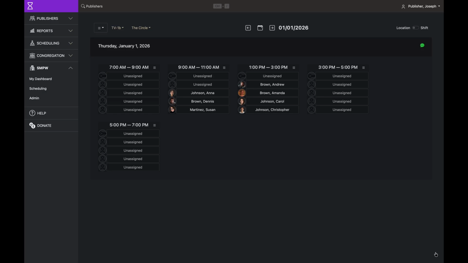Once you've gone through the entire spreadsheet and manually assigned everyone to where they need to be, now you can use the autofill function. Autofill will not touch the assignments that you've made manually, but will work around it. Simply go to the menu in the top left, click on autofill, and after a few seconds go by,